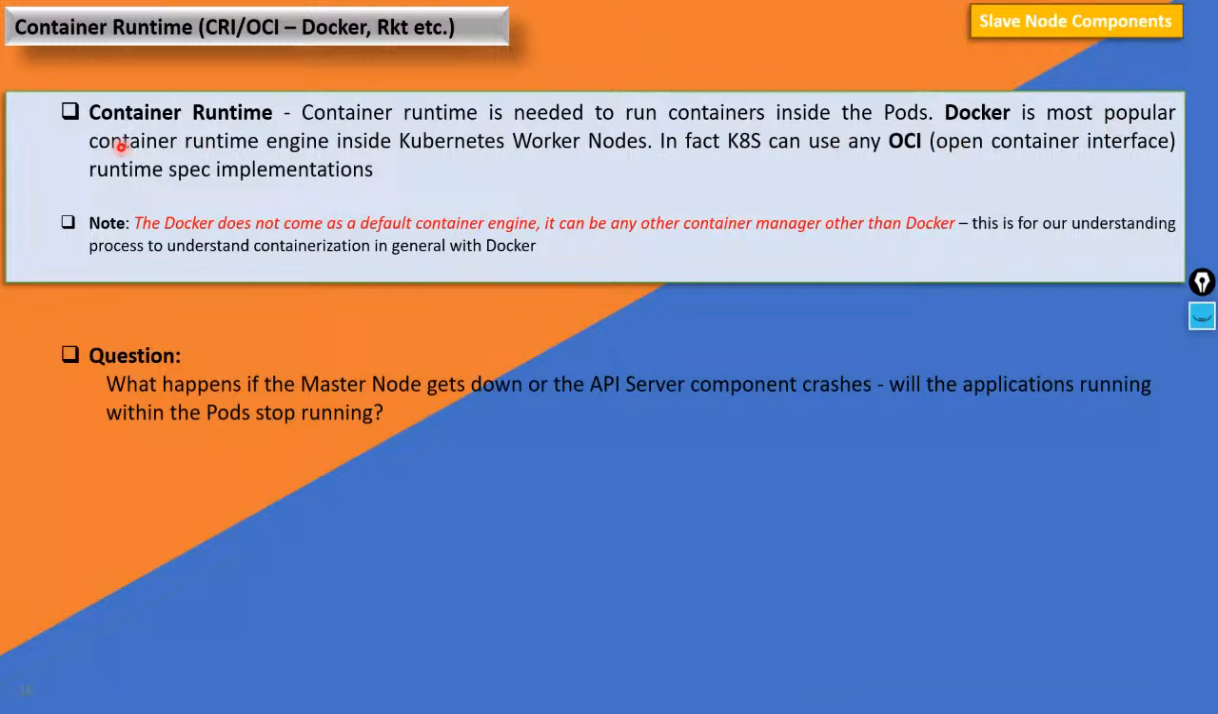Docker is the most popular container runtime engine inside the Kubernetes worker nodes. In fact, Kubernetes can use any OCI, Open Container Interface, runtime. So it can use Rocket, it can use Mesos, or any other Open Container Interface runtime. So Docker does not come as a default container engine. It can be any other container engine other than Docker. This is for our understanding, that we always refer to Docker, but it is not necessarily that it has to be Docker. But the question is,